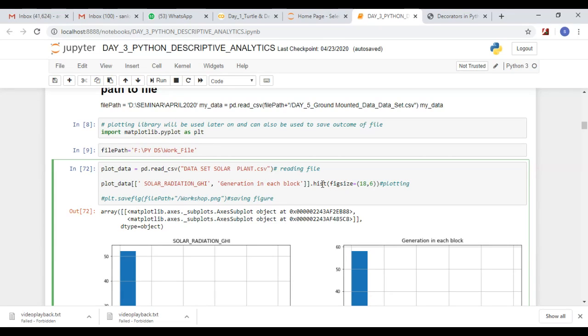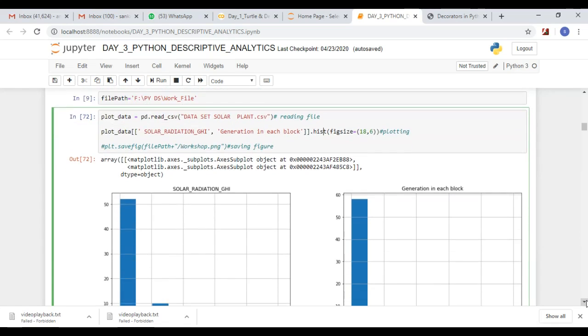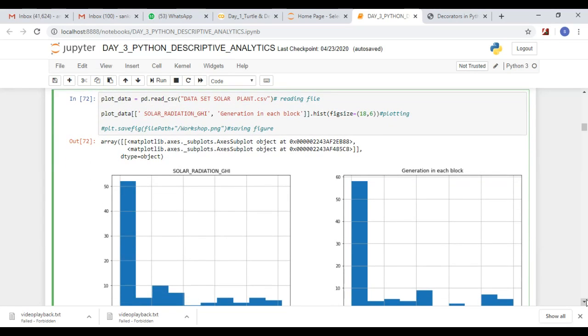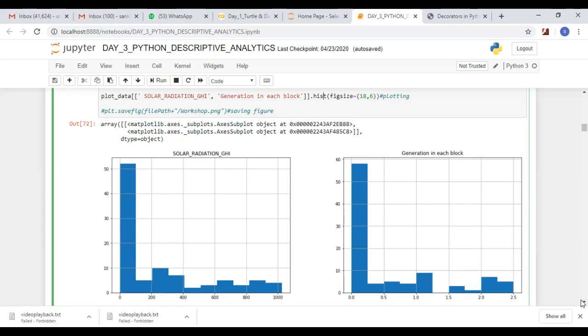For that I am going to plot the histogram with that file size, 18 by 16. Once I execute this, for solar radiation and generation in each block, the graph will be plotted.